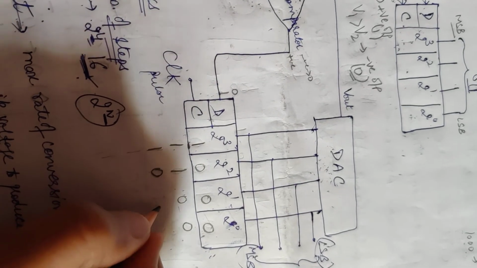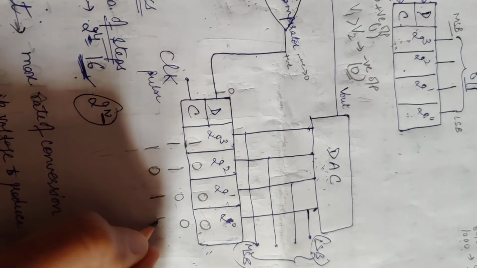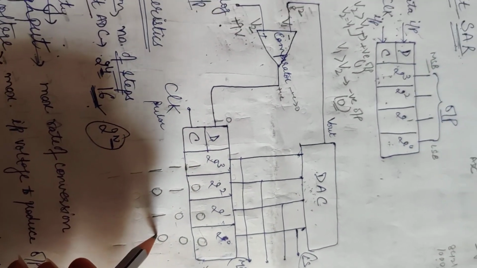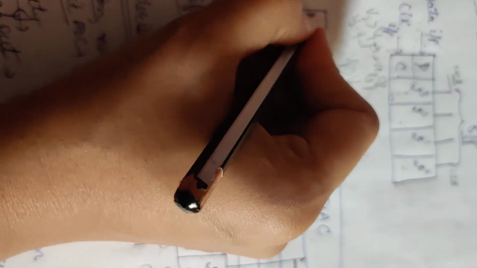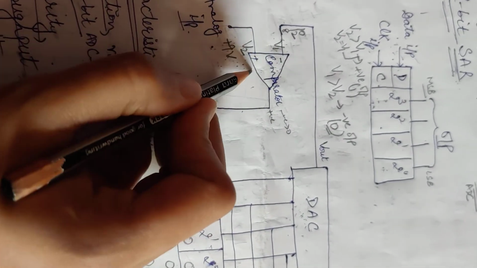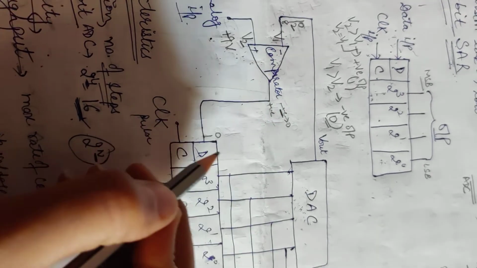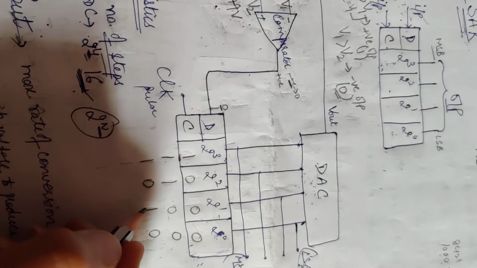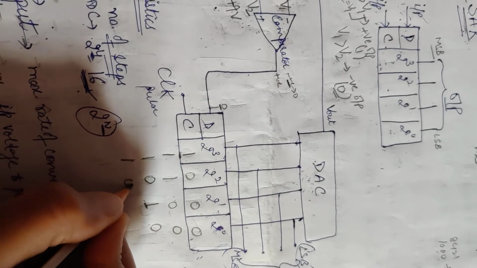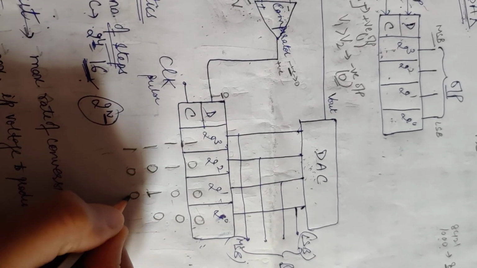So for the next clock we make this bit 1, this 0, so it will convert this into analog. 1 0 1 0 means 10, so here it gives 10 and 9. 10 is negative, 9 is positive, so it gives negative voltage, that means 0. So this bit will also reset. This is fixed 10 and this is also fixed, now reset 0.